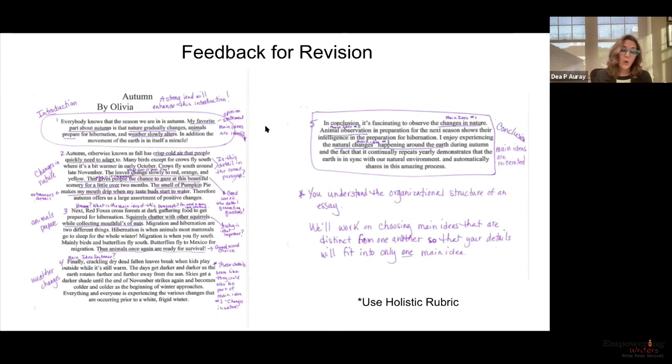But what we start to notice as we look a little closer and go through this piece are the kinds of questions that you're talking about. Is this detail in the correct paragraph? And when we start to raise those questions, we can see that they overlap. Now, one thing I will say with this particular student that would have been a red flag for me when she started, Di, will you flip back to the previous page? Yep.